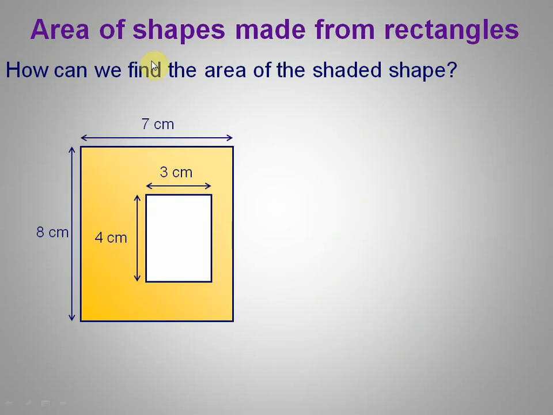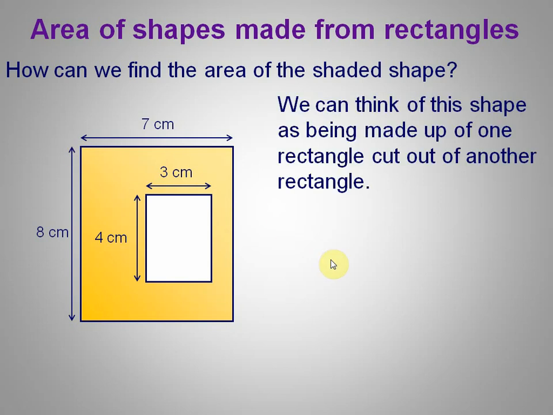Next, moving on, now he gave us a question where the total figure is 7 centimeter and 8 centimeter, and he said to just find the area of the shaded part. So he gave us this kind of rectangle in unshaded form. This is 3 centimeter, 4 centimeter. So you have to first calculate the whole area of the figure, 7 into 8.